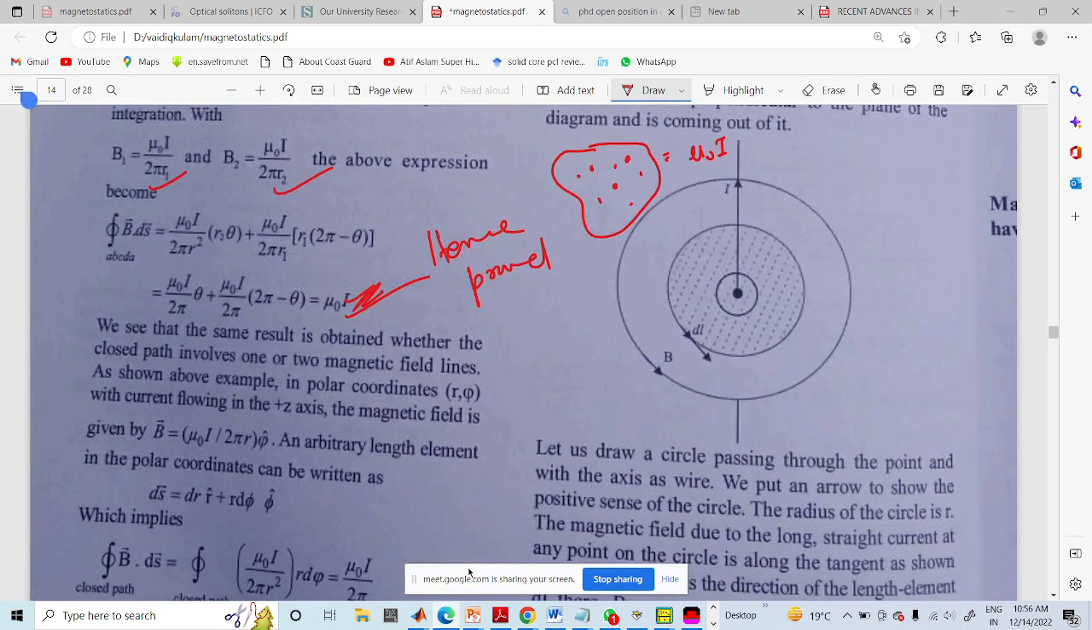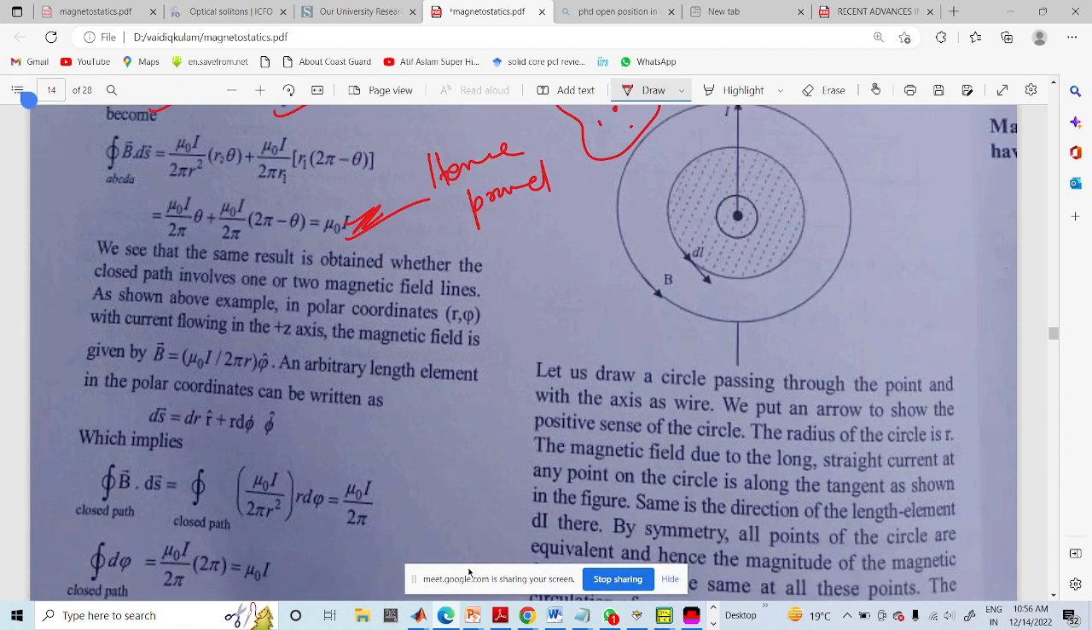You can see that here, right? So it will be applicable in any kind of loop. In this case we had a loop like this one. If we have a different kind of loop, it will also be applicable, but here a particular kind of loop has been taken to prove mu naught I in an easy way. Okay,